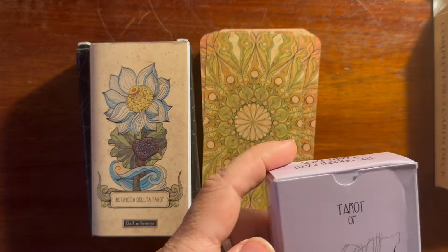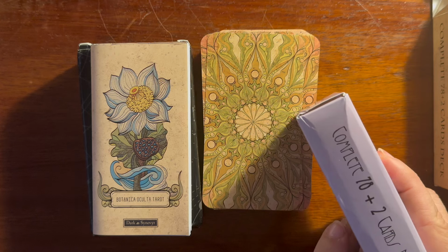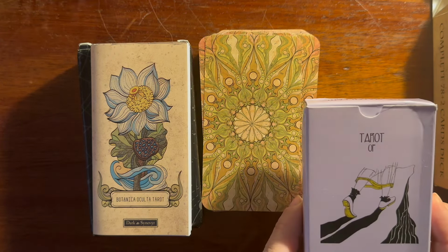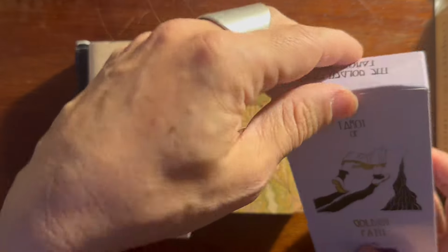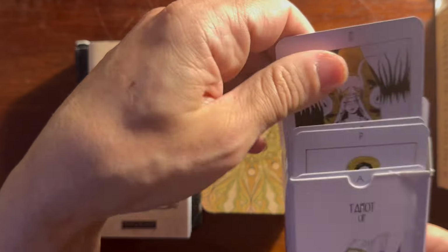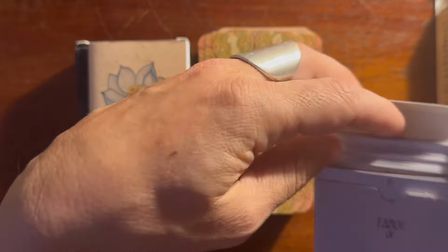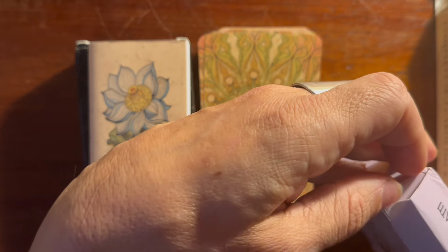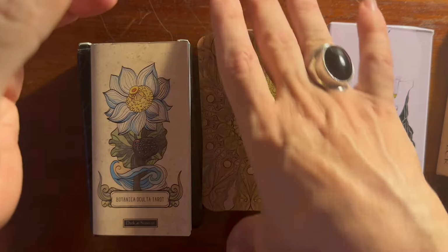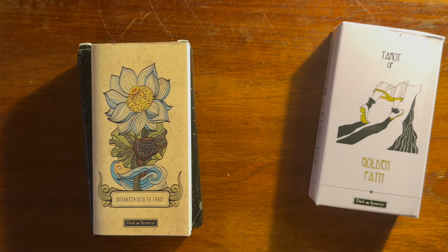And this is the same thing. This one is not even having good drawings. This one is called the Complete 70 plus 2 cards deck, Golden Path, and once again, it's just so cheap. This tuck box is absolutely horrendous. The paper quality is horrible, and, you know, be careful with these things, because you end up wasting money and you think, well, they were so cheap, it doesn't matter. I mean, it's not only that they were cheap, you guys, they take space, and it's sort of a